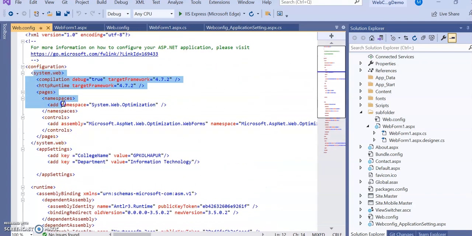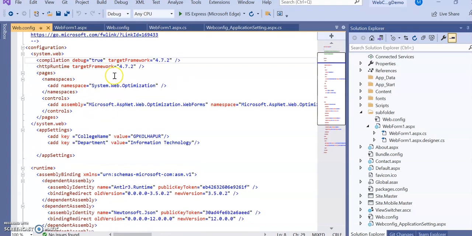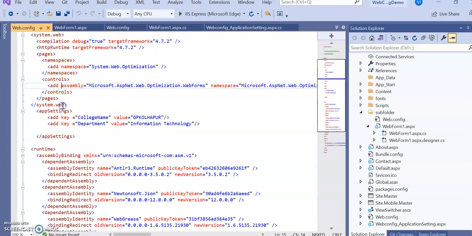Then we have learned about system.web containing the compilation, whether you want to compile with debugging, it is true or false. By default it is true. And which framework we are using, .NET Framework 4.7.2. So the compilation and assembly information is present within this compilation tag.